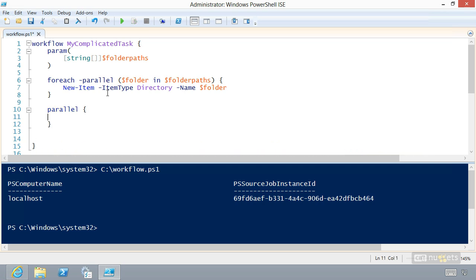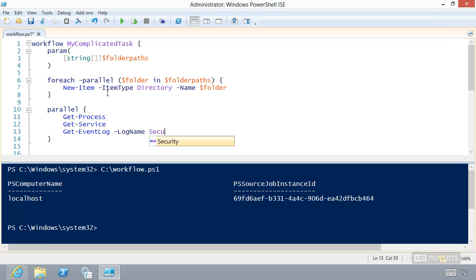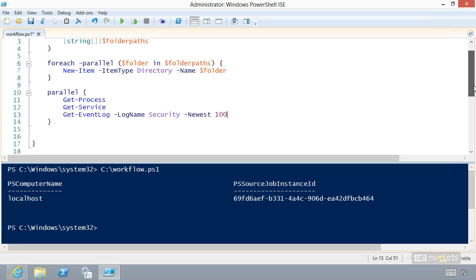Any commands that appear within this parallel block will all execute more or less at the same time, and you don't even know that they will execute in the strict order you provide. Each of these 3 commands will now run more or less simultaneously,